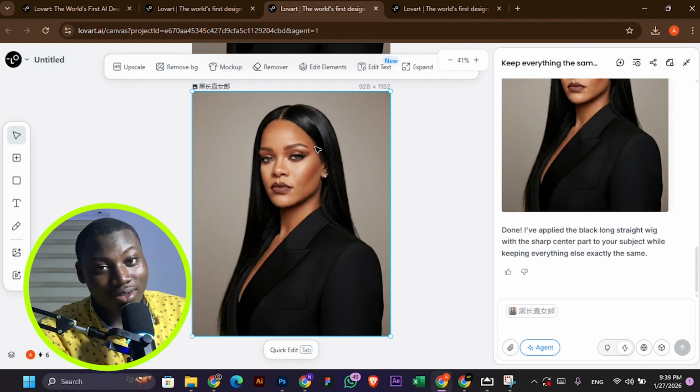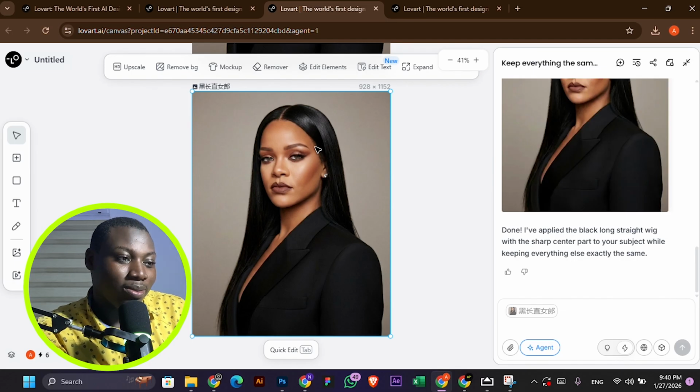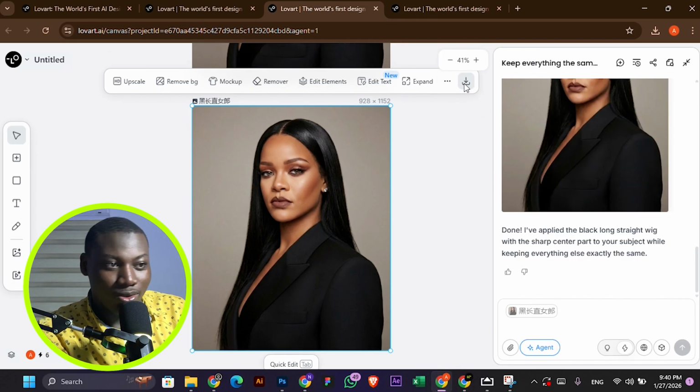Right now I don't really have credits left because I've not gotten the premium. For demonstration purposes, I'm just using this free version right now. So I'm actually just going to download this image right here. You can